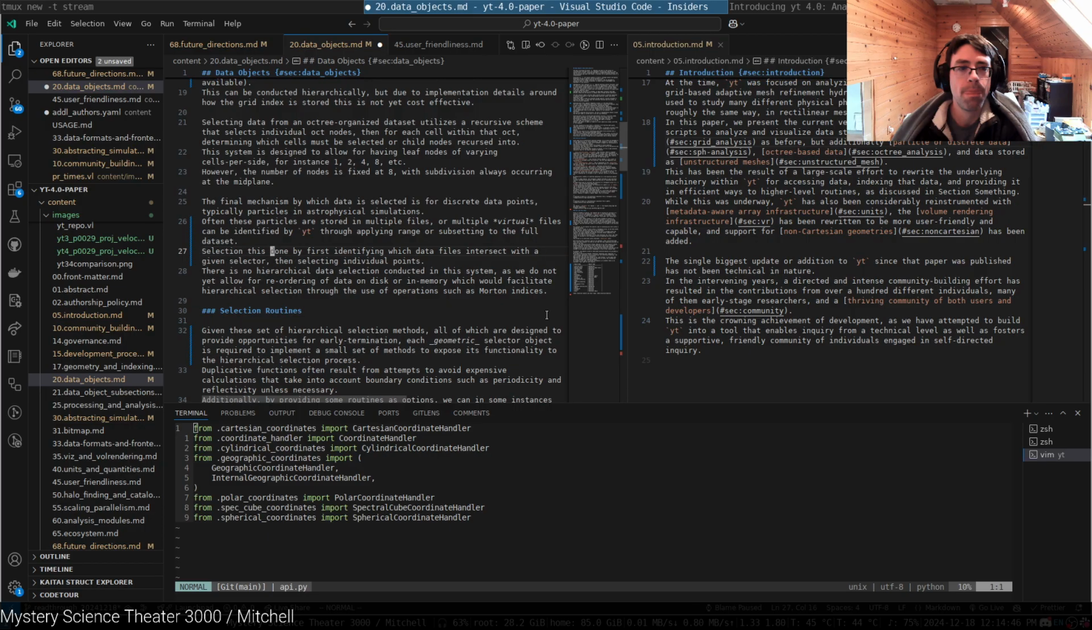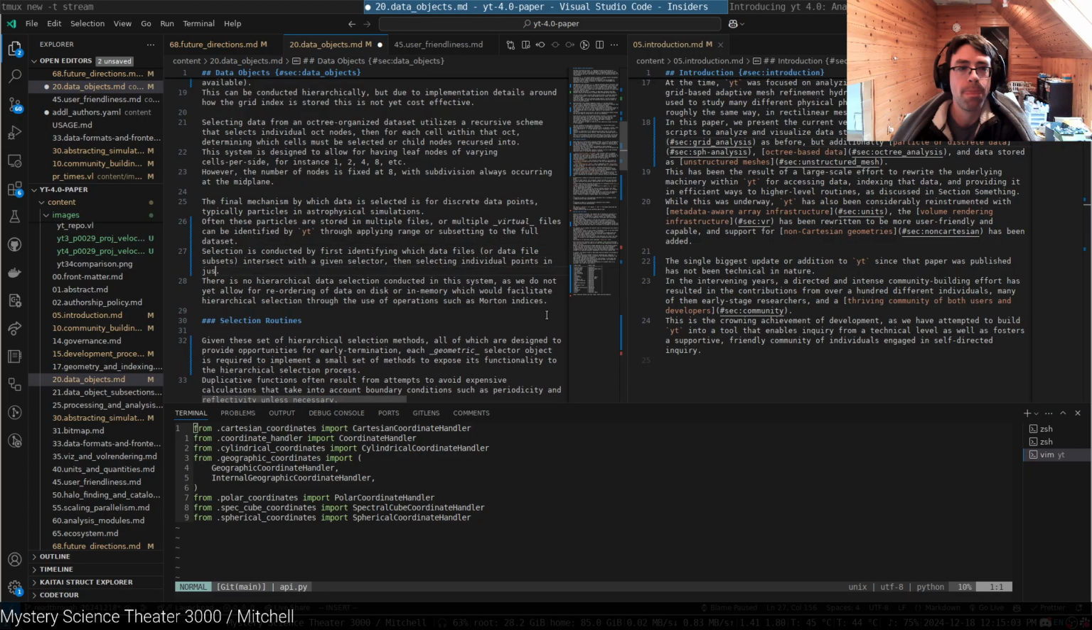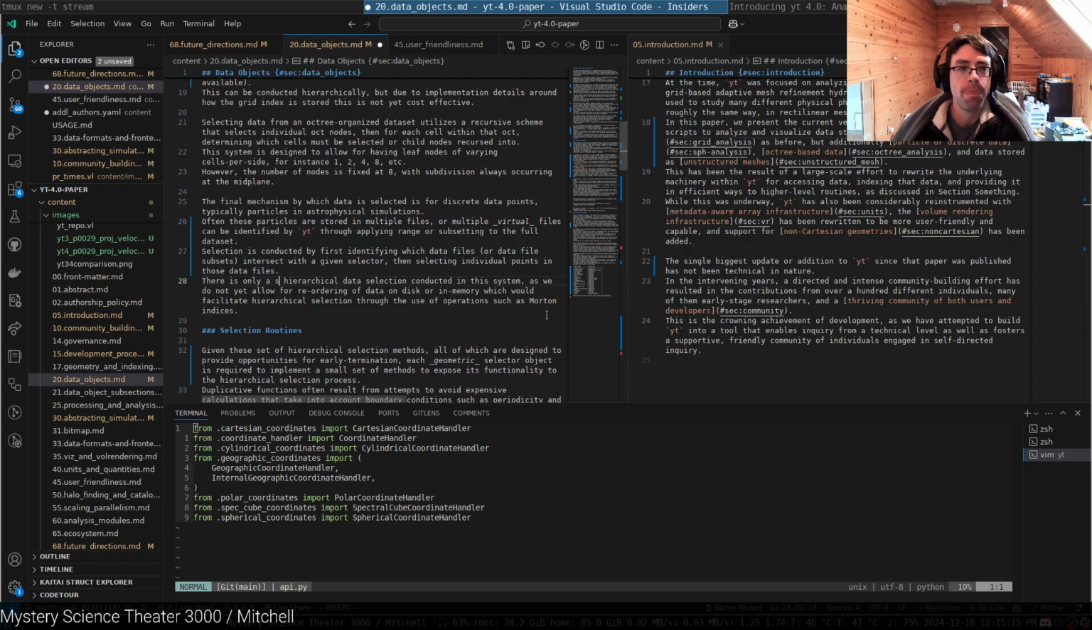Selection is conducted by first identifying which data files or data file subsets intersect with a given selector, then selecting individual points in just those data files. There is no hierarchy. There is only a single level of hierarchical data selection in this system, as we do not allow